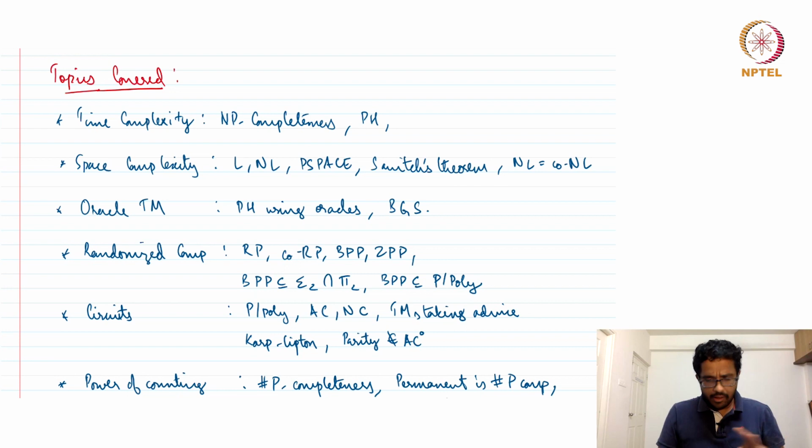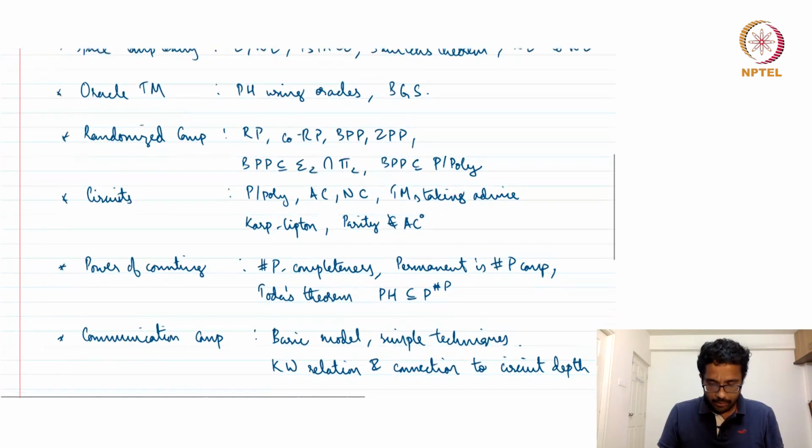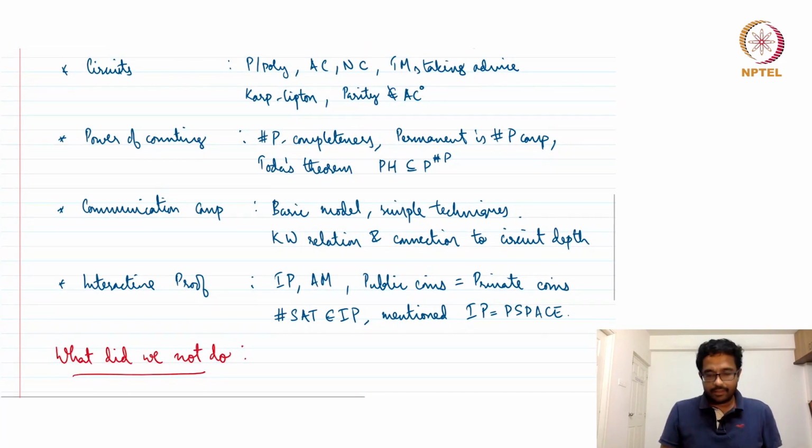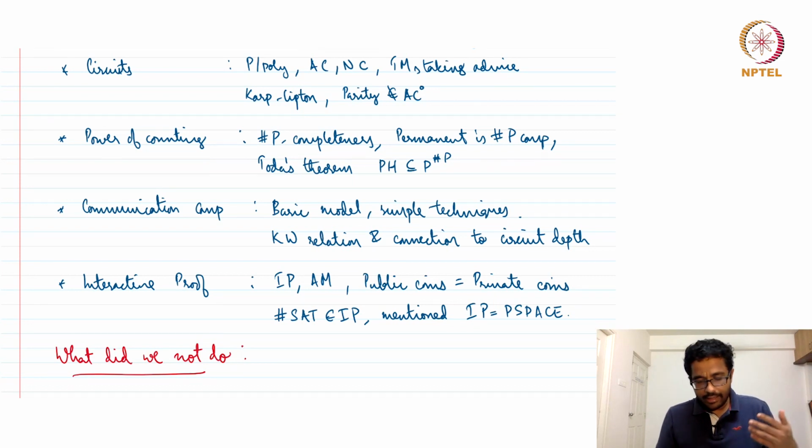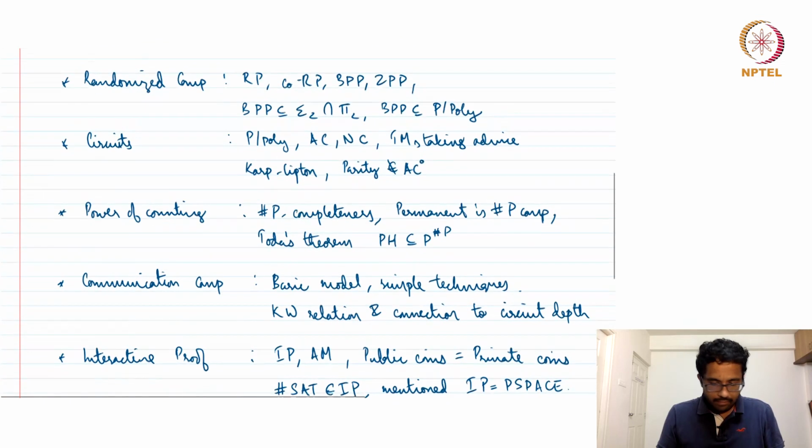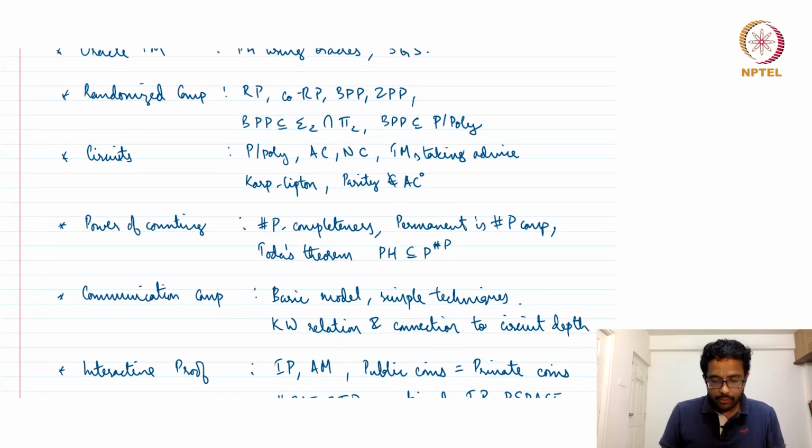Some of these are standard in any complexity theory course, maybe 70% of it. But maybe towards the end, communication complexity, perhaps not everybody would do. Maybe some of them may skip the power of counting. So there may be some 30% left to what the instructor likes, or the personal